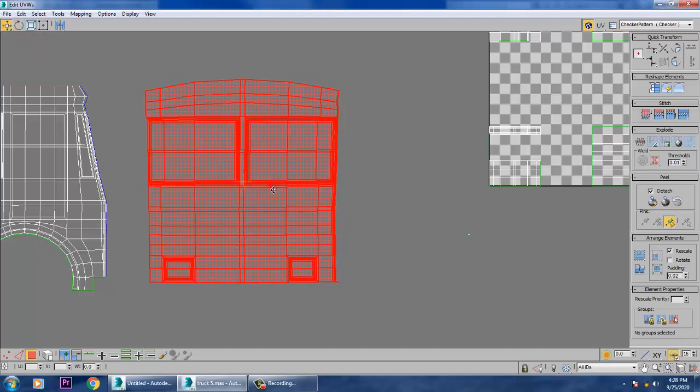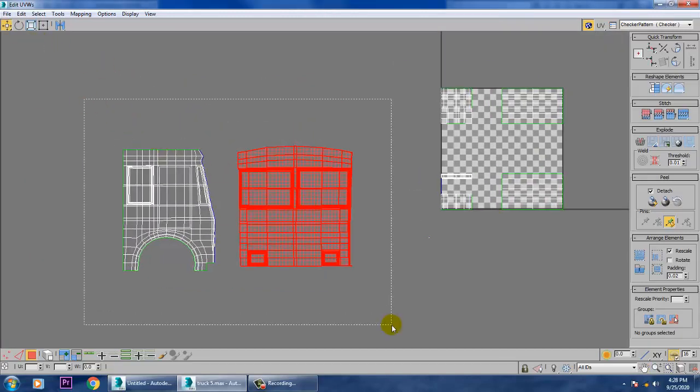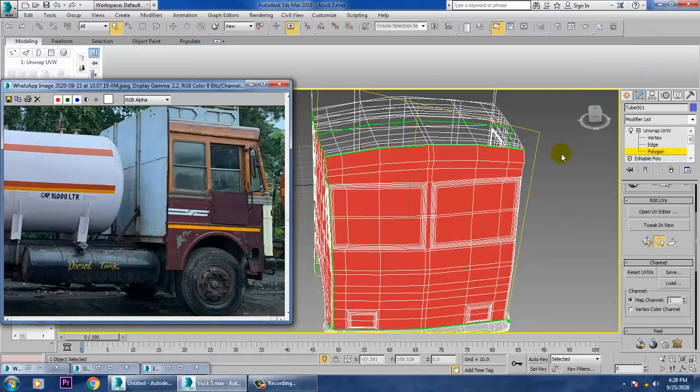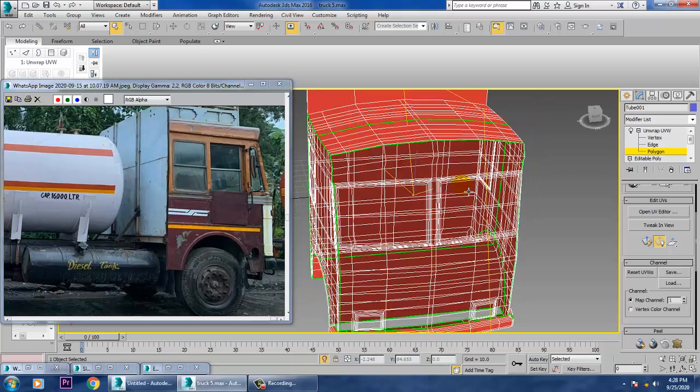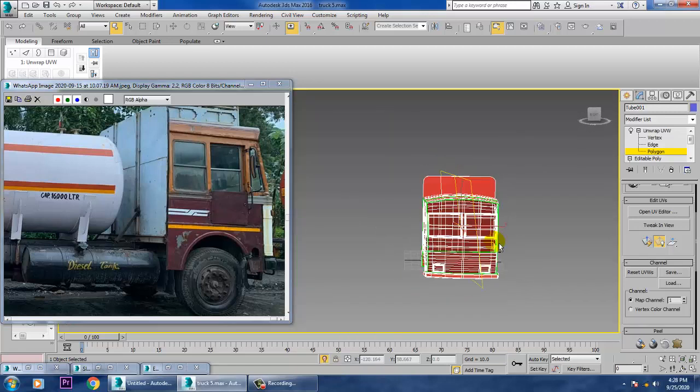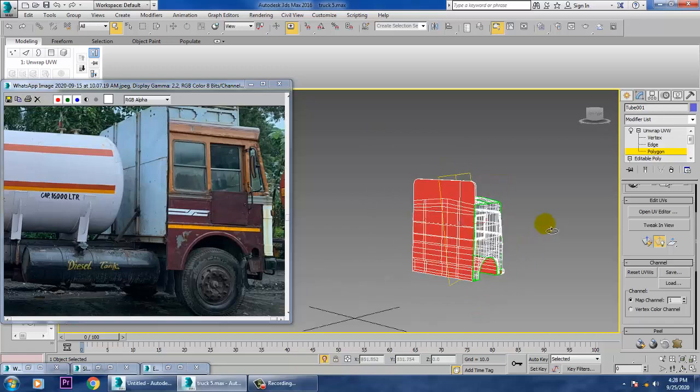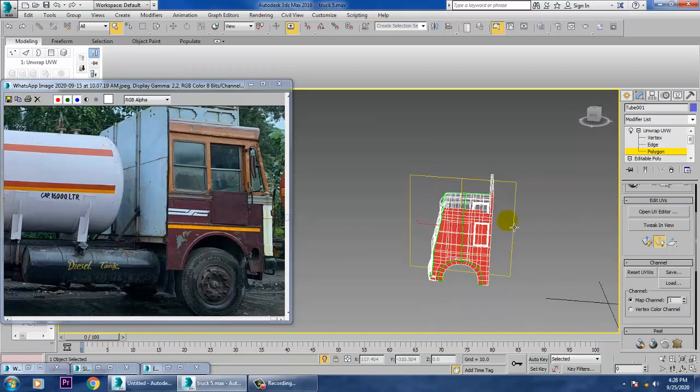After that, again select this part and inverse it, Control I, inverse all these parts.